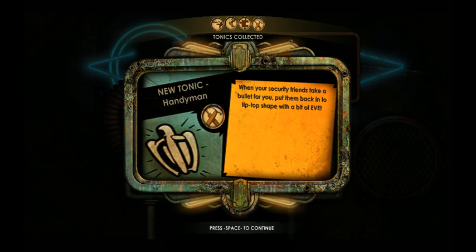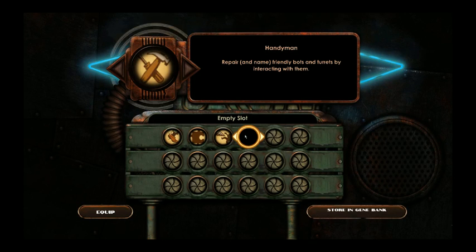So when your security friends take a bullet for you, put them back in tip-top shape with a bit of Eve. You can basically repair your bots by frothing them once you have this tonic installed, but it also gives them a randomly chosen name from a list of names. So as a player,